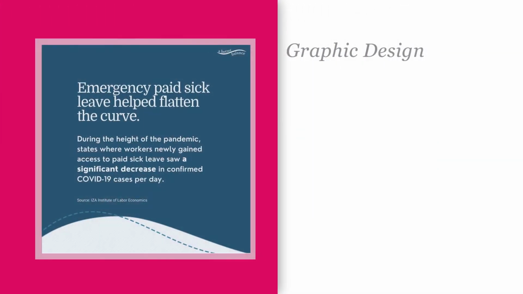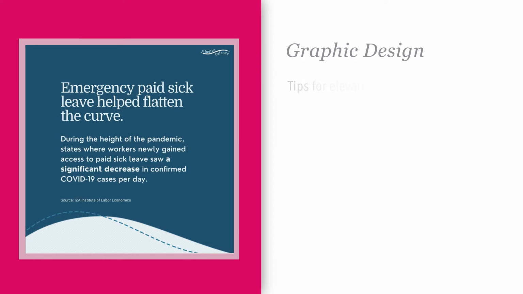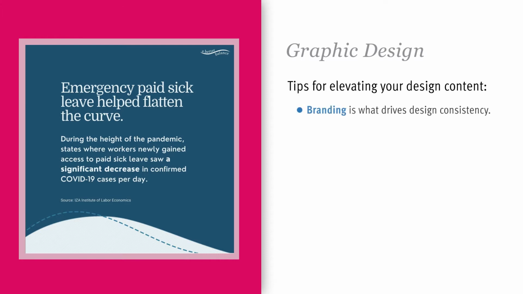When you are creating graphic design content, there are a few tips to keep in mind. Earlier, we mentioned that consistency across content can help viewers quickly recognize your content. Branding is what drives this consistency. Branding has the power to convey a specific style and feeling and creates cohesion across platforms. Often, organizations will create a style guide to help content creators make decisions about font, color, layout, and even photos or illustrations that fit within the scope of the brand.